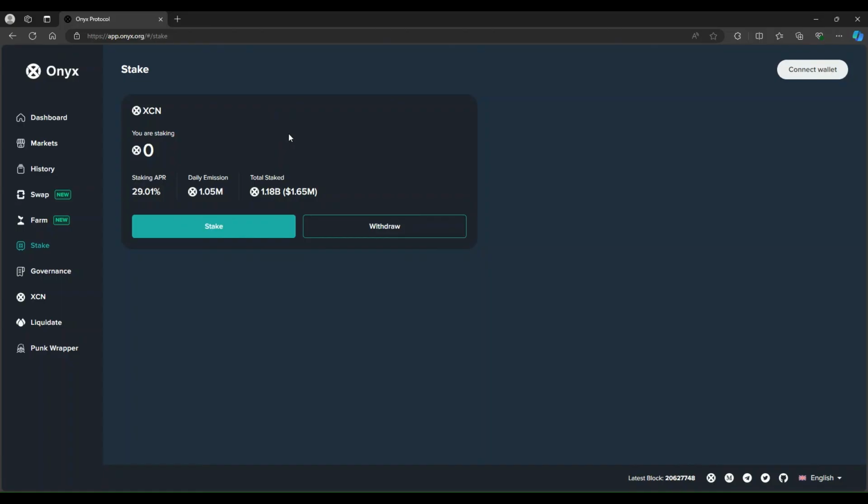So let me know what you think. Are you guys staking right now? Are you not staking? I only stake about half of my bag, and that's because I want to have the other half free in case something crazy happens. Like if we get a drastic spike, I don't want to have to go through the time of having to unstake and then transfer my wallet to the exchange to get it swapped or anything else.